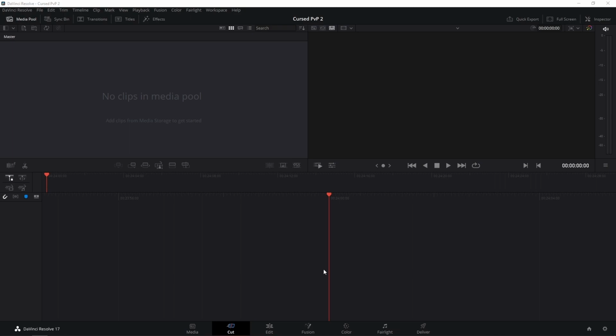Alright, so once you've opened a new project and named it, you should see something like this. Now, today I'll be editing my second Minecraft Cursed PvP video, as you can see in the top left corner, and I'll be showing you how I take footage from a regular video and turn it into a vertical short form video. So the first thing we want to do is click on the Edit tab at the bottom of